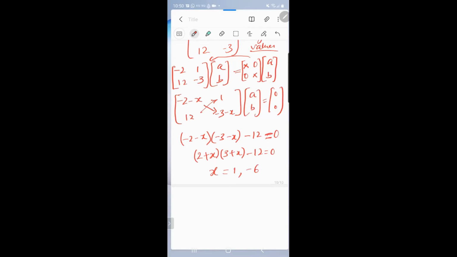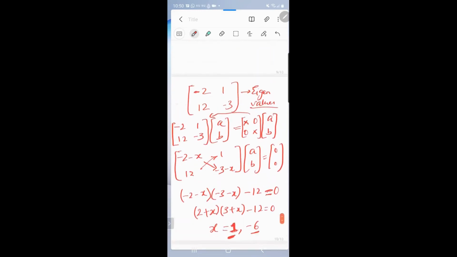What this tells us is there are two vectors whose position hasn't changed. For one of them, the length also hasn't changed because its scaling factor is just 1. So there is one vector whose position and length haven't changed. Then there is another vector whose length has changed, but its direction is the same. Its length has increased by 6 times and it got rotated by 180 degrees. That's what this represents. So when this transformation happens, there are two such vectors on the graph paper